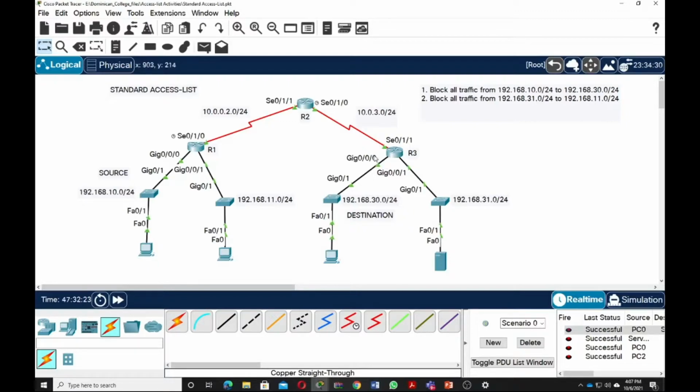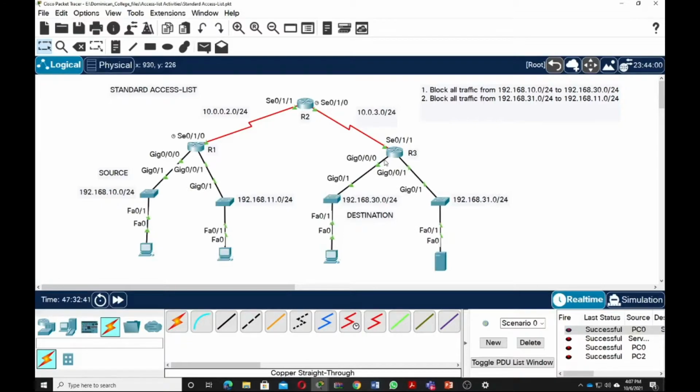Now the question is, which of the two interfaces is the most appropriate interface to apply the access list? The answer is G0/0/0. This is the appropriate